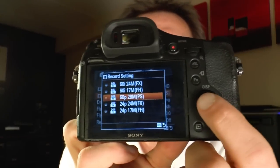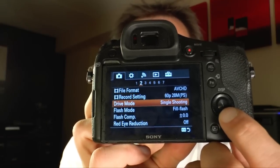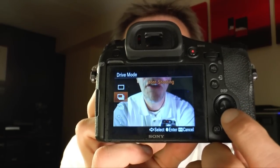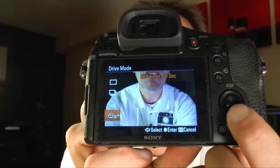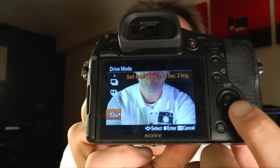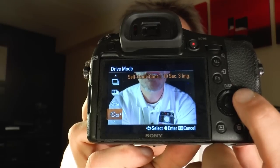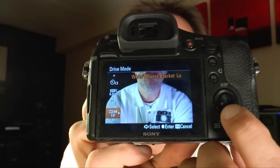And so some of the photographers or video filmers hoped that the new cameras will have 4K, but no, they don't have 4K. It's still only full HD 1920 by 1080. You have the drive modes, the different drive modes with continuous shooting, spot priority continuous. They have the self timer 10 seconds or 2 seconds. Then we have the self timer 10 seconds 3 image or 10 second 5 image,